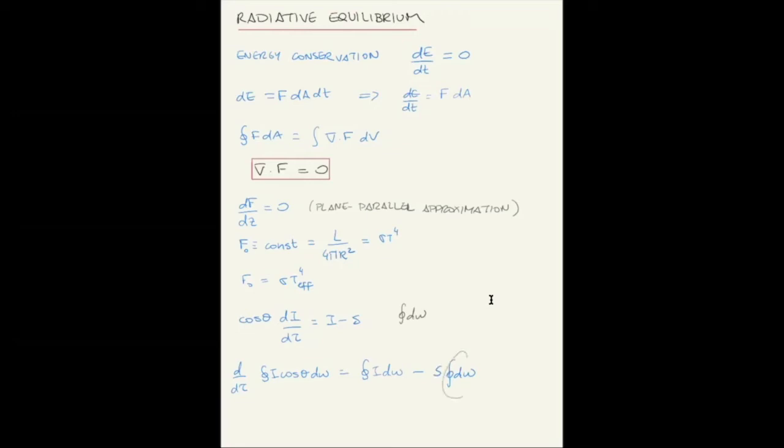So this integral here, the last one, gives you 4 pi. That's the integral in all solid angles. This integral, the first one in the left-hand side, is the mean intensity times 4 pi. And this integral on the left-hand side is the flux. So what we have then is,